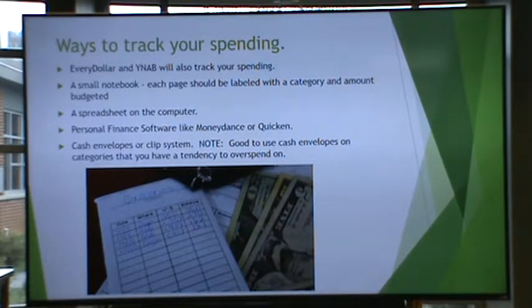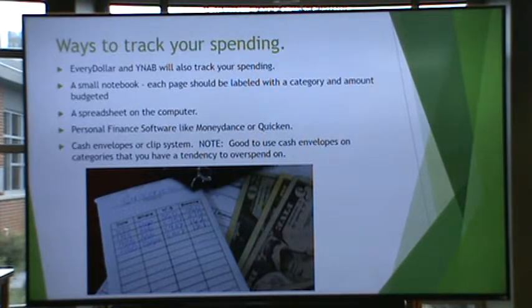We use personal finance software called MoneyDance. We like that because it's basically my electronic check register, so it serves two purposes. One, it keeps track of our spending, but two, we use that to reconcile our checkbook every month as well. It's similar to Quicken. When Quicken crashed, we bought MoneyDance because it was cheaper. And it seems to work pretty well. And it has an app on my phone. So if I'm getting gas, I can record I got gas, and it keeps track of everything as we go.